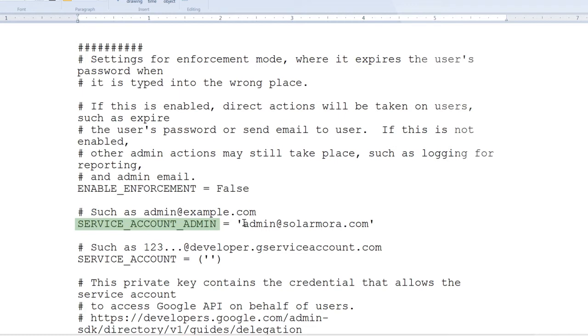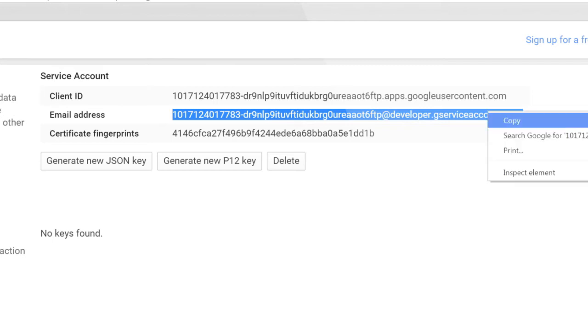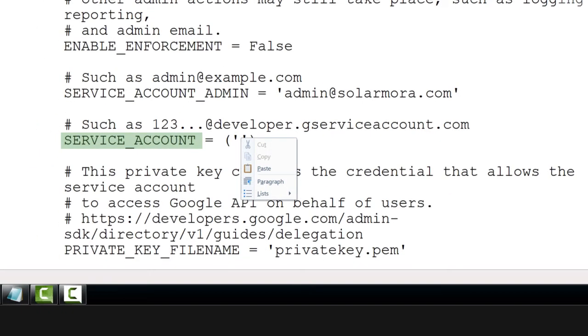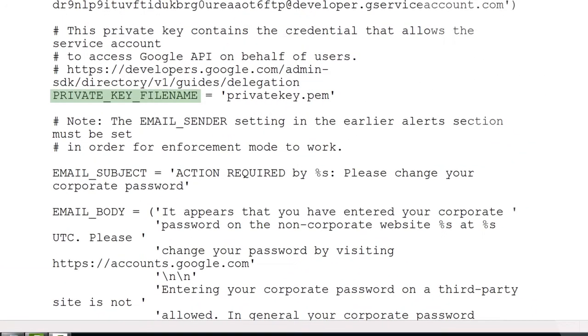The service account will use this user to access the admin SDK. Next, enter the email address of your service account. This should end with developers.gserveraccount.com. Leave the private key file name to default, as we'll reformat and rename the P12 certificate key we downloaded